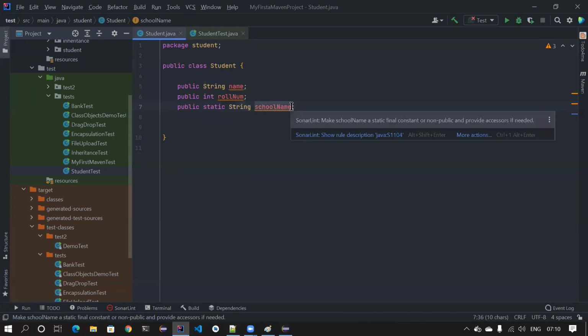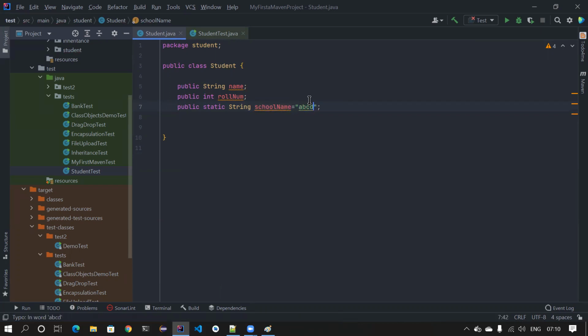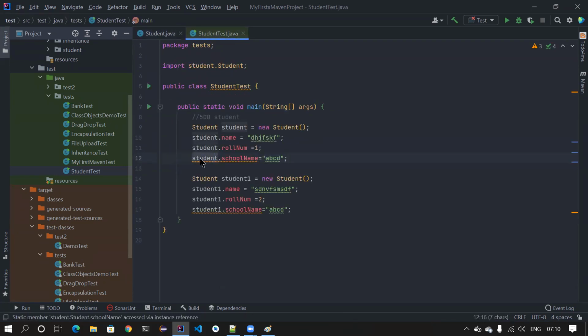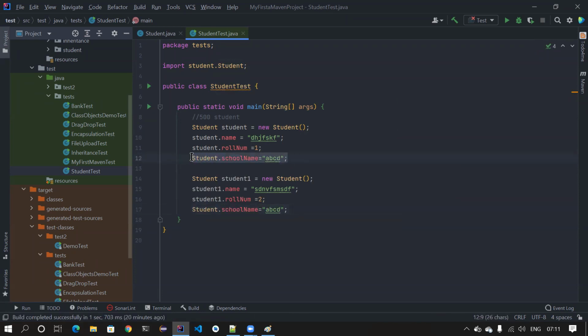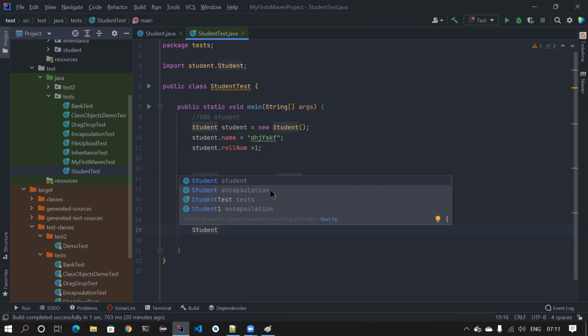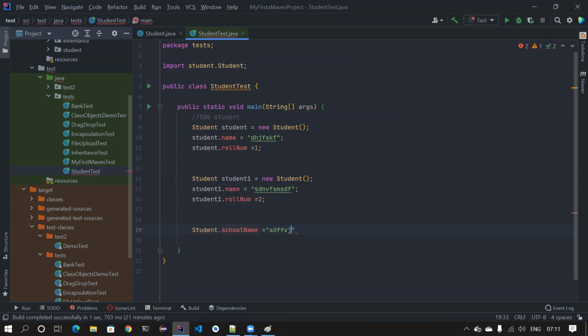When you make something static, you basically can reuse that. So for example, here I can mention ABCD. That's it, right? Now this is common for everyone. If you have something static, you should not call that with the reference variable. It is always good to call it with Student.schoolName. So if you want to change it, you can change it like this. Since it is already allocated, you don't even have to type this, right? If you want to change it, you can change it. Let's say they're changing the school name now. Okay, you want to do it. And now if you try to print the school name,